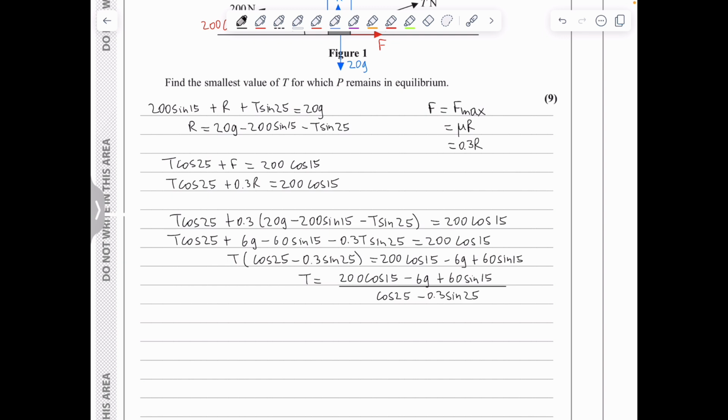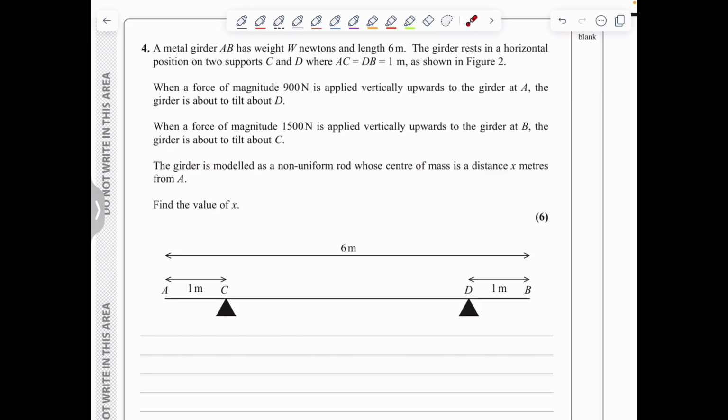We'll plug everything into the calculator. Be careful here because we are using g to be 9.8. Then I need to round my answer to 2 or 3 significant figures, where we get that T is 192 newtons. In question 4, we've got the metal rod AB with a weight of W newtons and length of 6